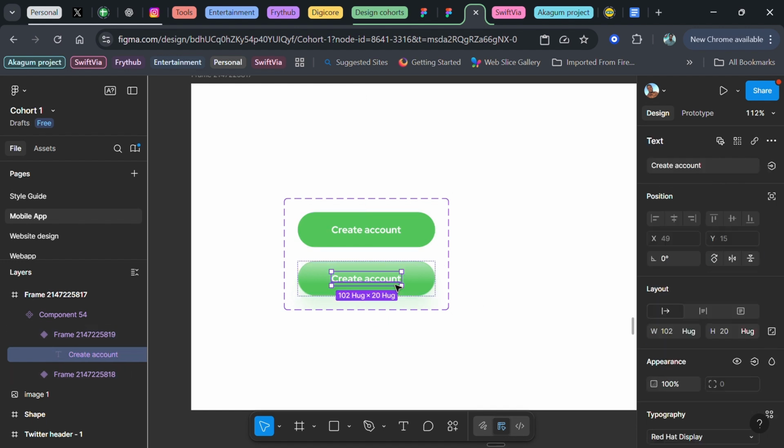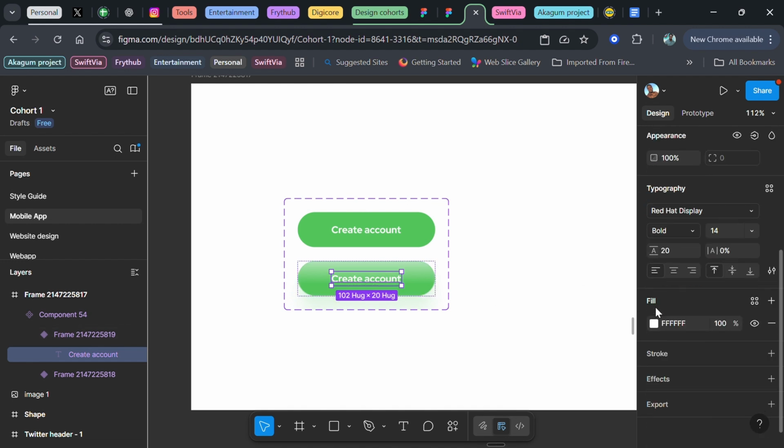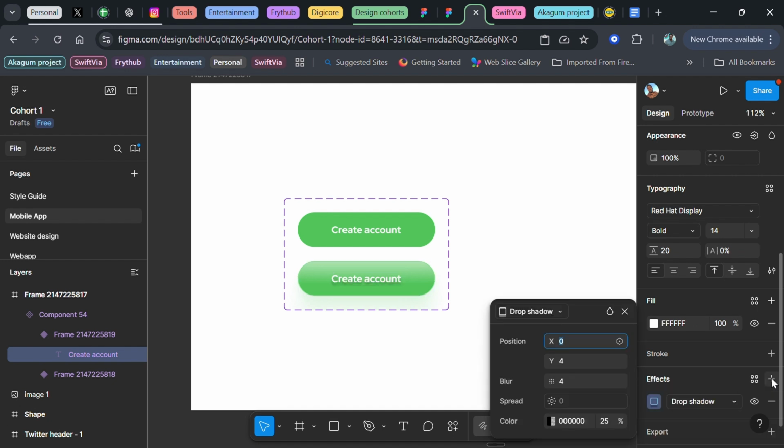This text is supposed to have its own shadow too, so to make it pop. So I'll just click on the text, quickly come to my effect, add an effect, which is a drop down shadow, and I'll remove the Y. As you all know, the X is the horizontal axis, while the Y is the vertical axis. So put them on 0, 0. Then the blur can just be like 2